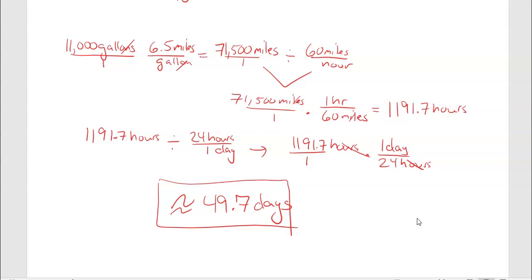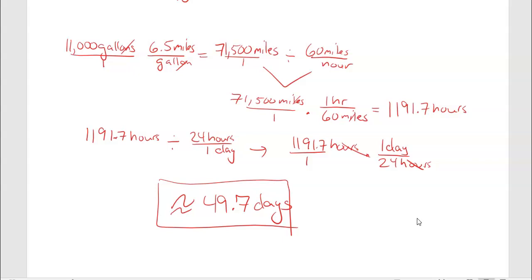So I went over and did 71,500 miles, and then I divided by the 60 miles per hour. And when you are dividing fractions, you need to keep change flip. So I went over and did that. You saw the 71,500 miles over 1 times 1 hour over 60 miles. The miles cancel out, and you end up with a certain number of hours. The beauty of doing unit analysis is that you have things canceling out and you could see if your answer makes sense. So this says that you are going to be able to travel for